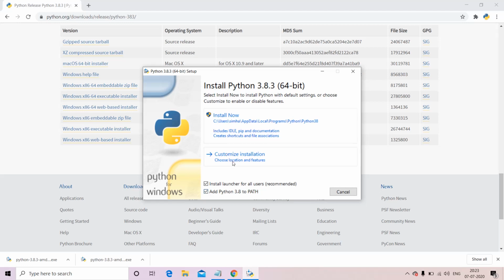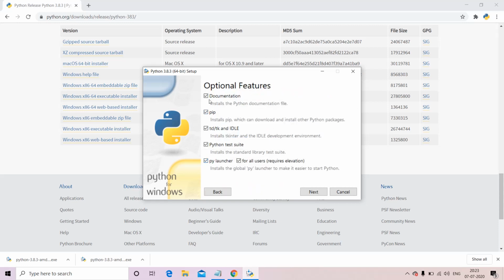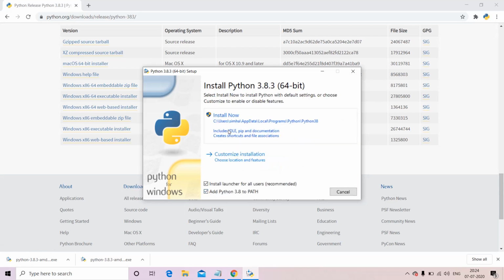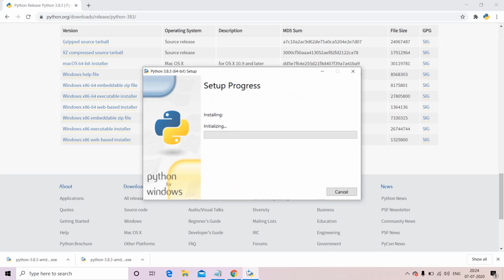And if you do not want the documentation for any reason, like you have less space, then you can remove the documentation by customizing the installation. I'm going back and clicking on install now. Yes, initializing, okay? It takes some time to install Python. Let us wait.